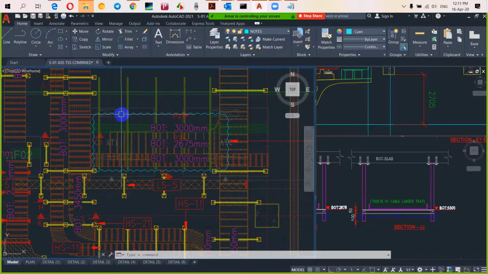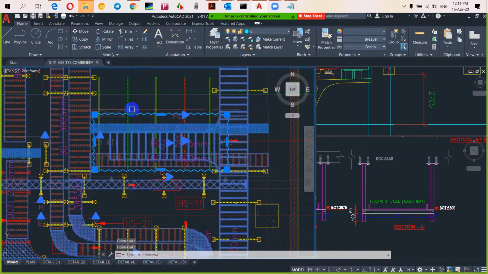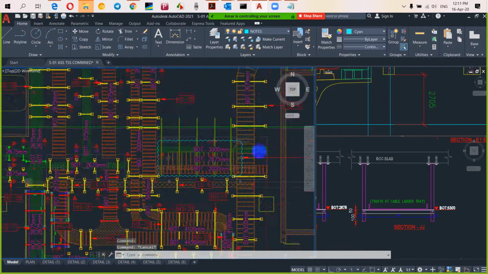Can I control? Yes, please. This is your LT cable coming out. These are the two cutouts for you. Okay. From here only the cable will be coming out. So you have to place your tray above this one, not here. Okay. So I left the space for you only in that area. Okay, fine, thank you.